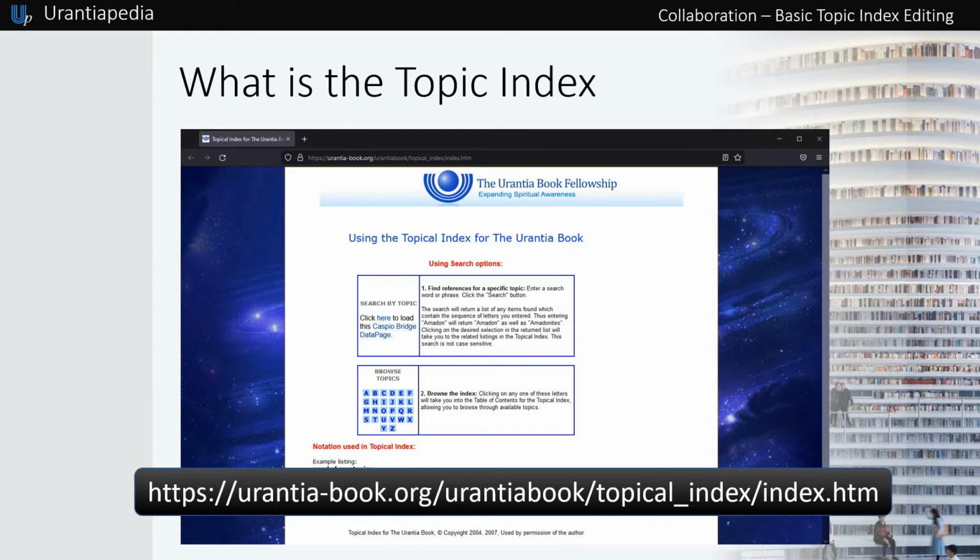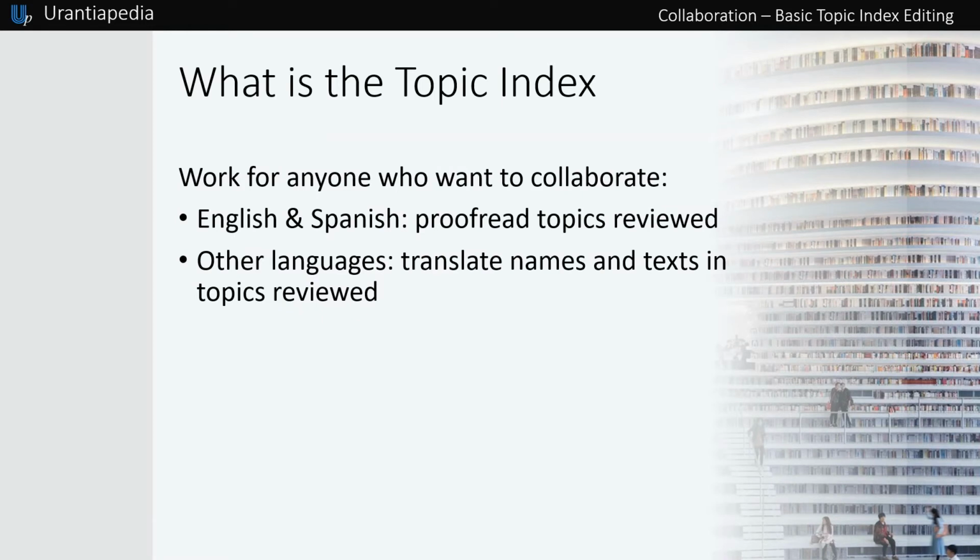The rewriting for the topic index is done by the maintainers of the project for the English and Spanish languages. When a topic is written again, then we add an OK tag that means that the topic is correct, is reviewed.